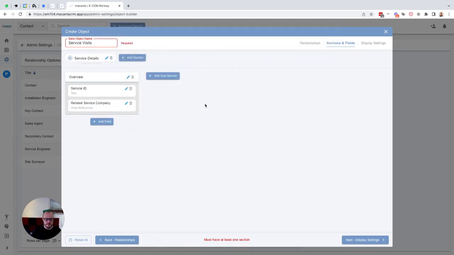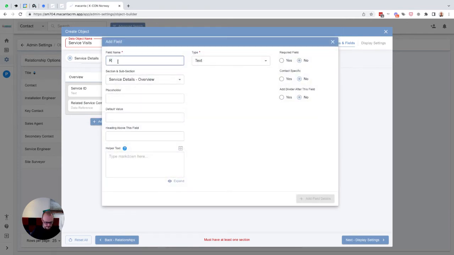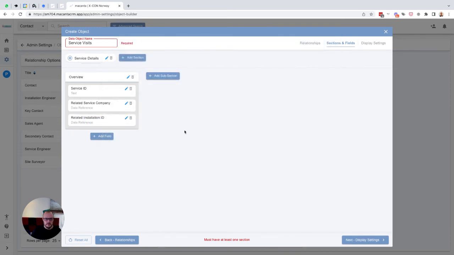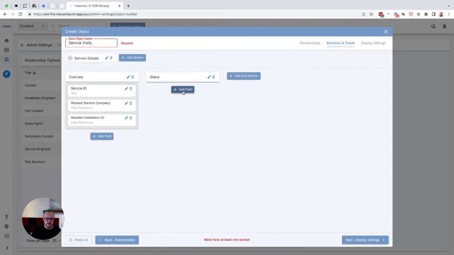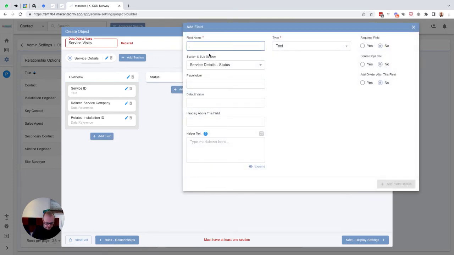And we're also going to add the related installation ID, so we can link it back to a particular installation. We'll choose installation ID, and then we're just going to have the, let's say here we're going to have the status subsection called status, and we're going to say this is the service status,